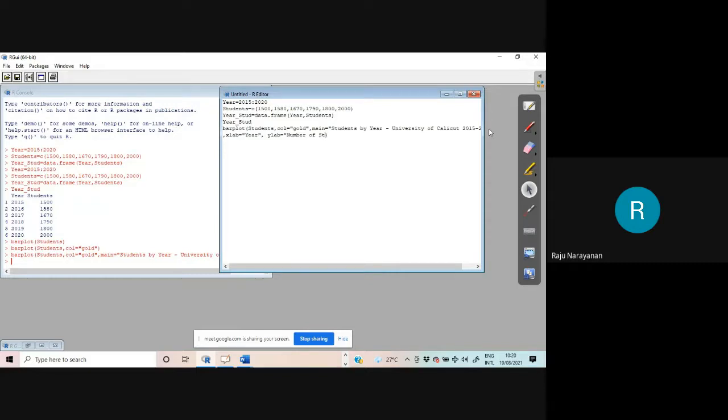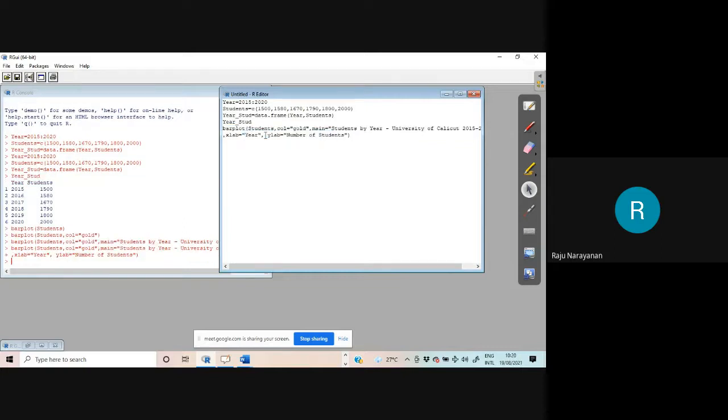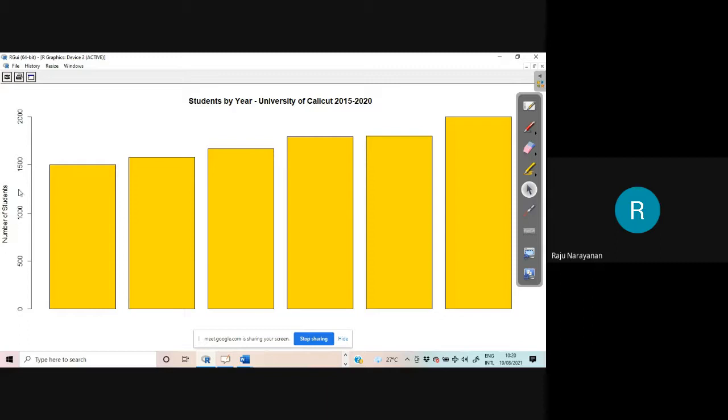I'm not spending more time on these things. You can make it vertical, horizontal, so many things you can do. All those things are available in books; I have given the names of some books. Now it is number of students.